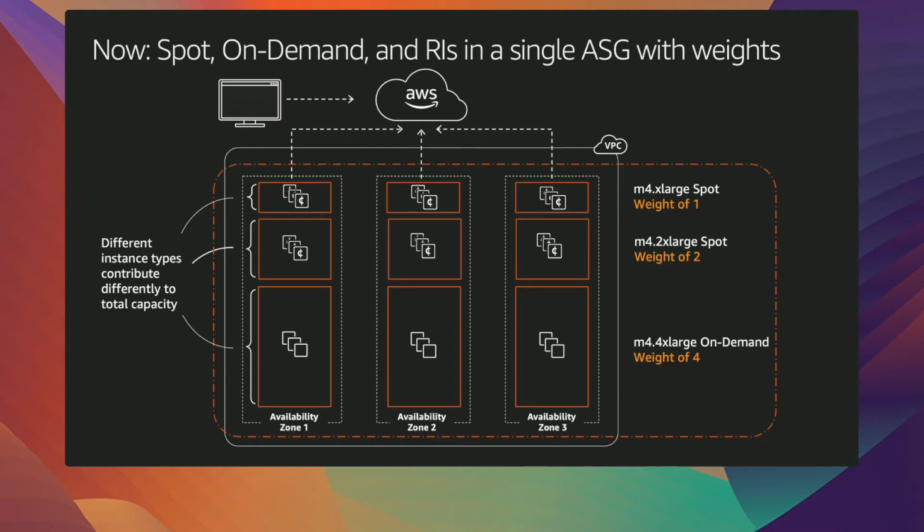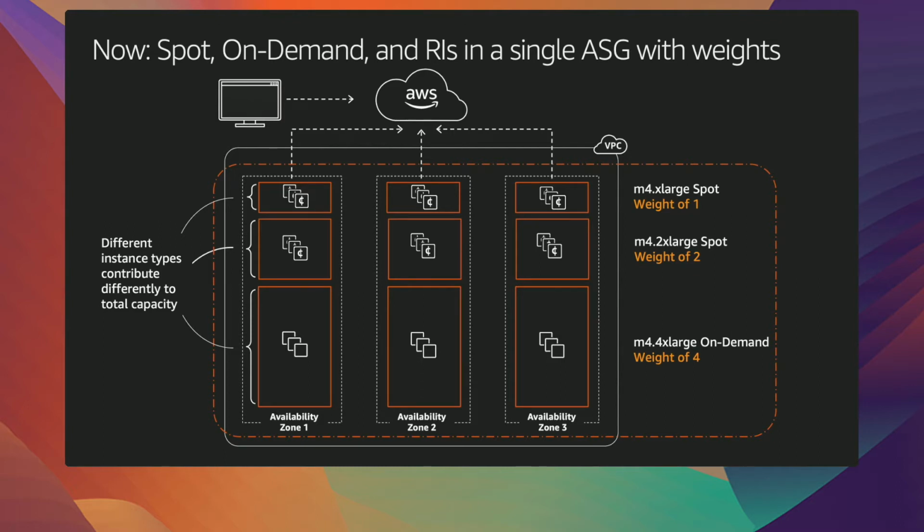And the auto-scaling group then takes this into account when you say I have a desired capacity of 6. If it, for example, launched one of the 4x larges and one of the 2x larges, that would only be a physical count of 2 instances, but because of the weighting, that would actually contribute 6 towards the desired instance count. And I'll show you in detail how we're going to do that